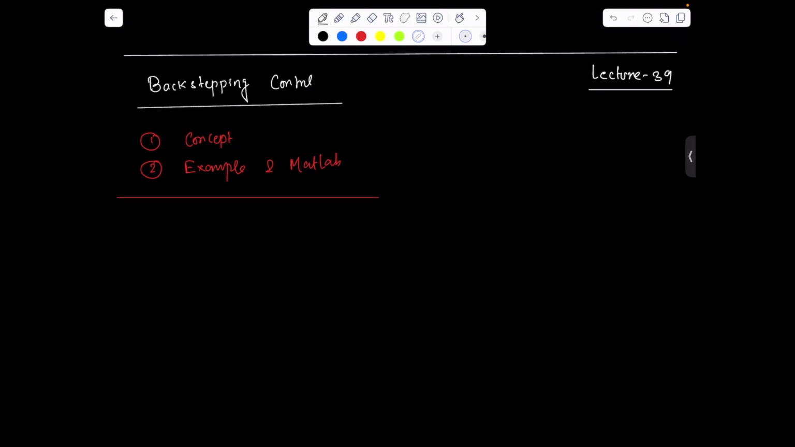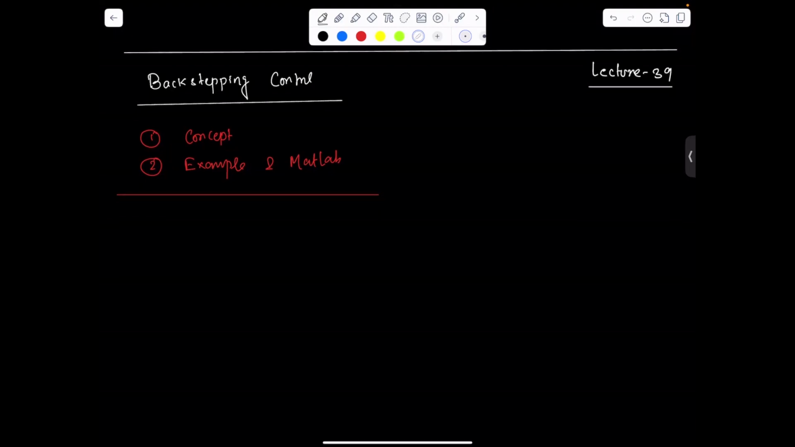So let's first start with the main concept behind this topic, and then we'll have the example and MATLAB simulation. So let me write some of this concept, how we can come up with it for real applications before you go to the real systems. So here, the backstepping control